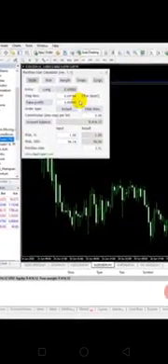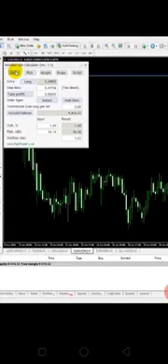I have added the indicator here. Let me go first to the main. Clicking on main, first, here is the entry. Here you can choose long or short. You can choose whether you want to long the entry or short the entry. Here I would like to long my entry.